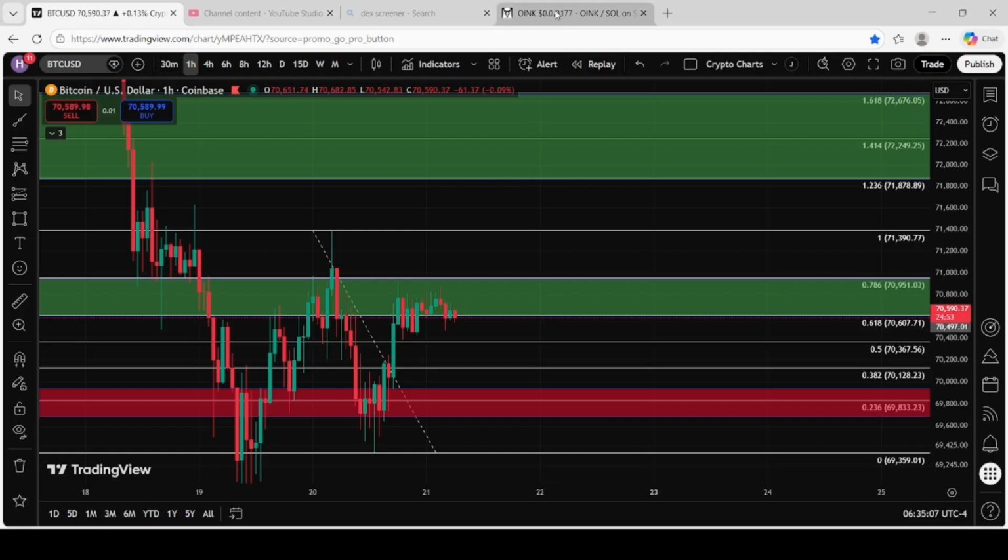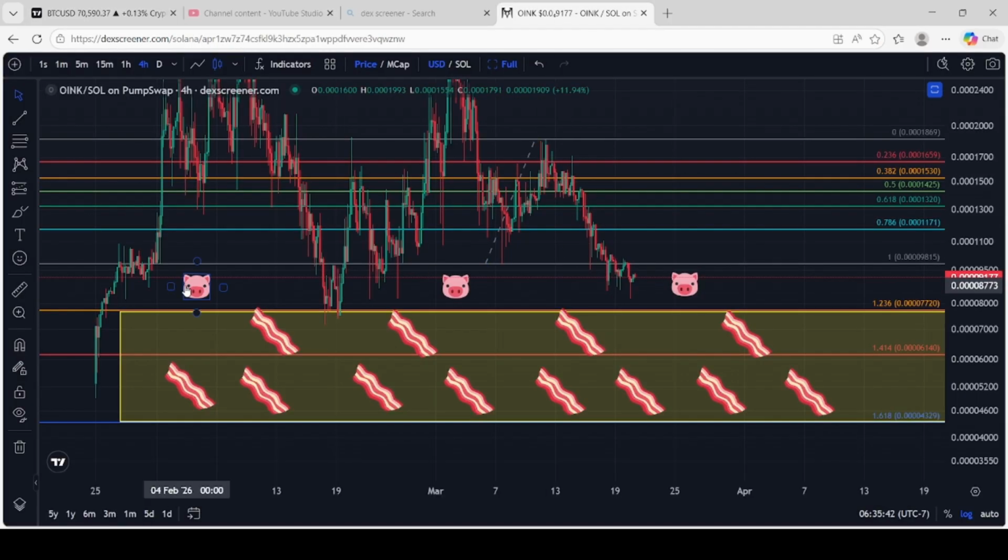I'm going to switch over to Oink. Here's Oink. Oink is currently staying in this, I guess, pig pen trough, pig trough. Basically, you can see accumulation higher. We're accumulating in this level. If we do get hungry, we need to come down to bake it for some bacon. This is the levels I'll be looking for, the lower end. Not sure how deep or if it's even coming down in here, but it's really not doing anything. It's consolidating, staying in these levels.